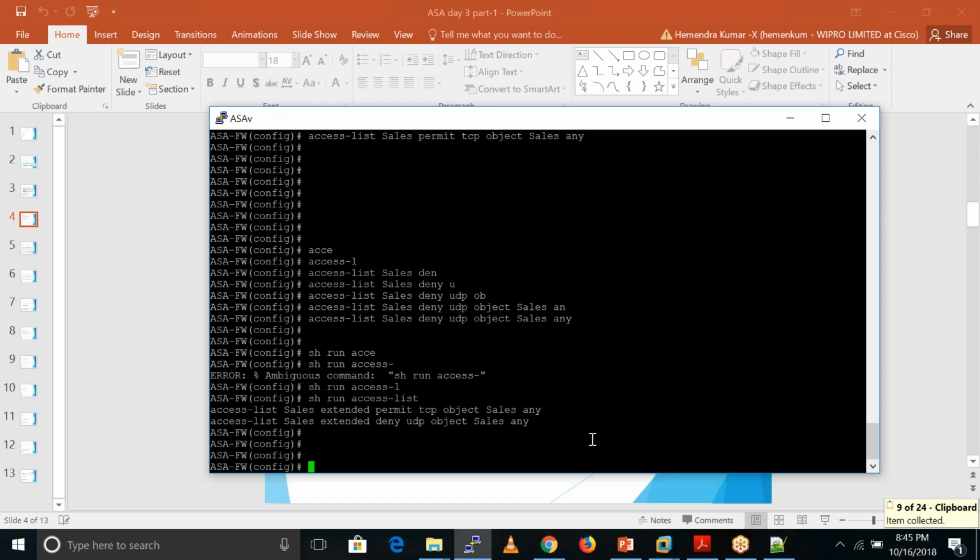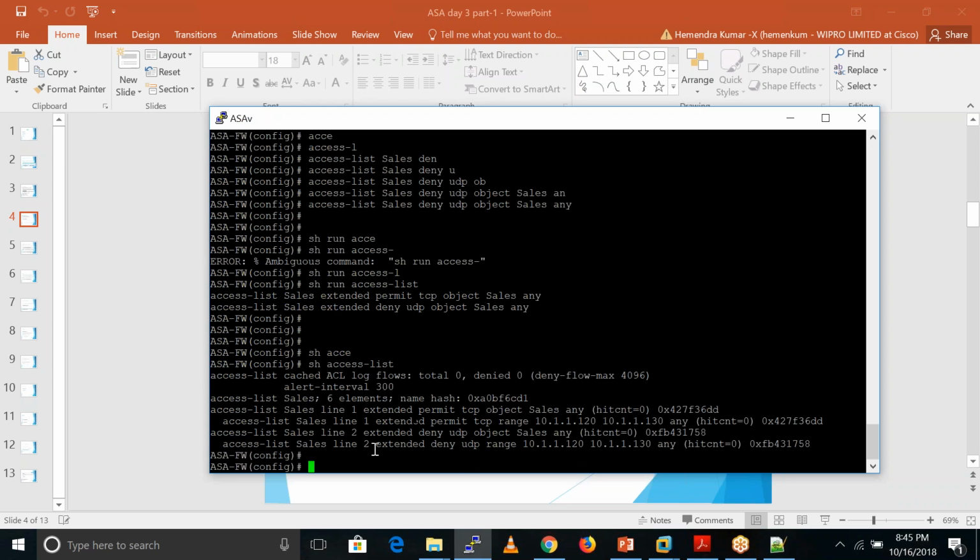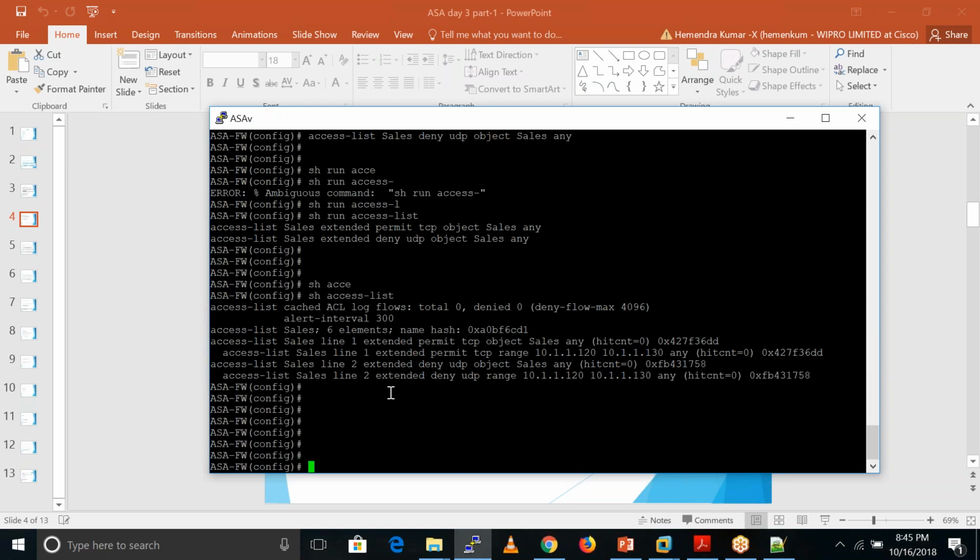What basically do I achieve here? If I run this statement, access list, here you have a range only, right? If this is the main ACL, after that you have these sub ACLs.